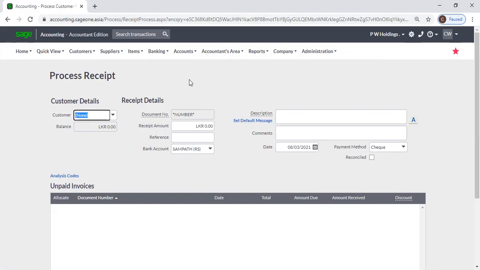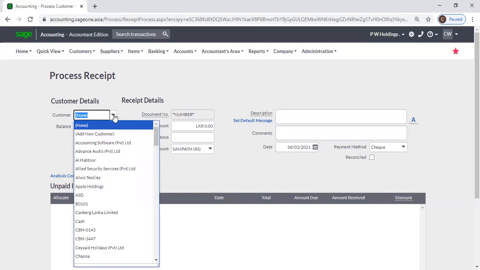When our customer pays us, we will enter customer receipts, and we can issue a receipt to the customer. The accounting transaction will be bank or cash debit, and trade receivable will be credited. Okay, cash or bank debit, and credit to trade receivables. From here we can select the customer,